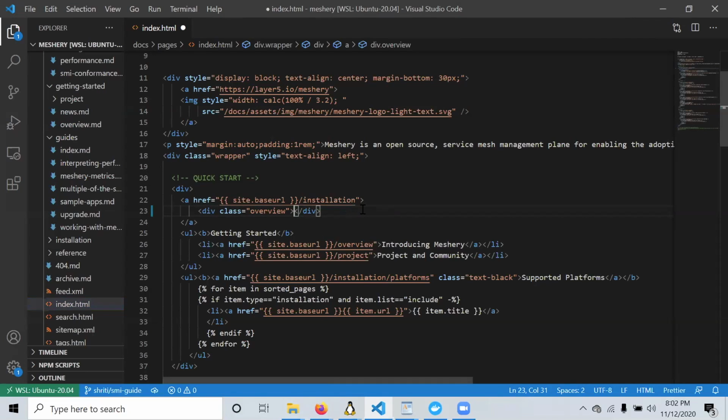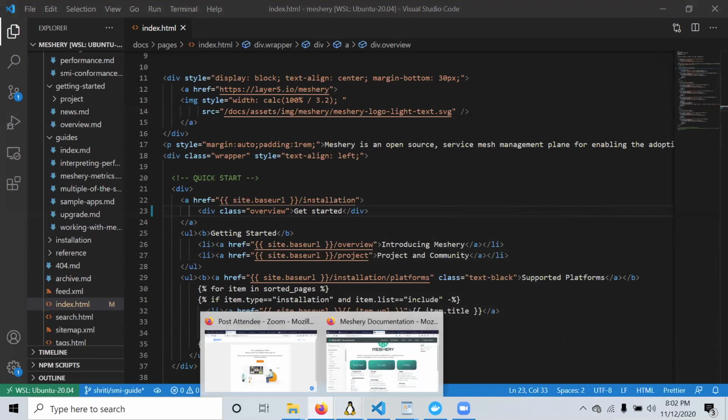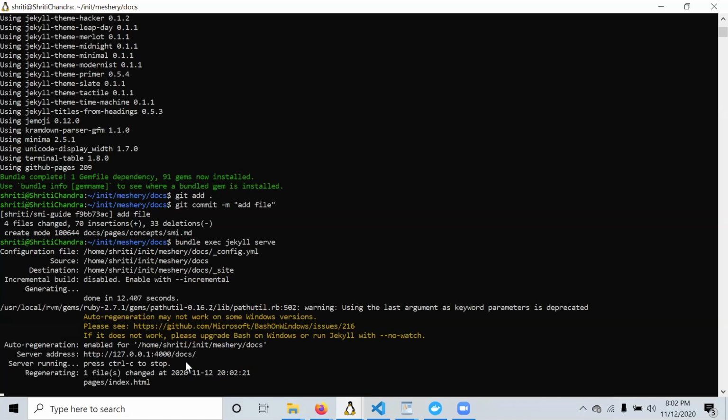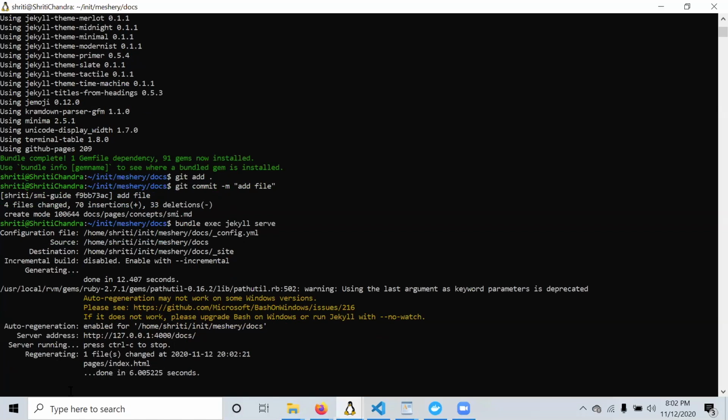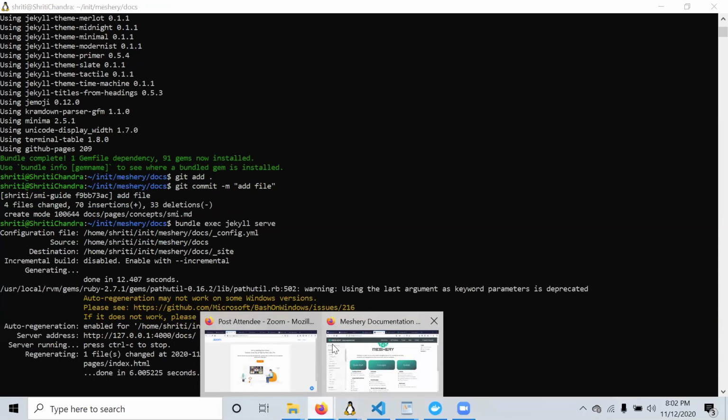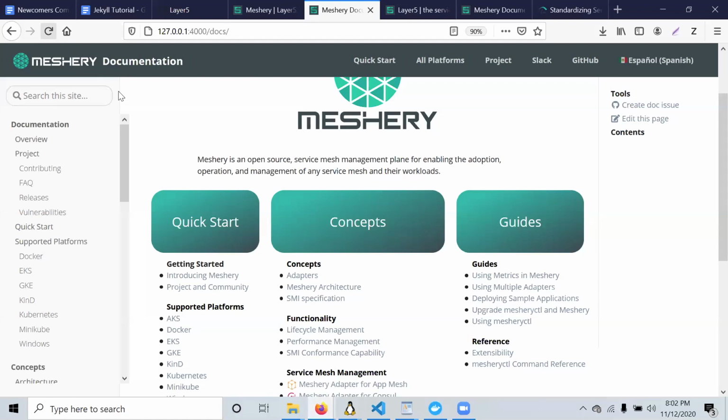Get started. We save it and go back to the site, and it's auto regenerating, which means that if you refresh the page and wait for a second, it'll show up in your site. So the quick start got changed to get started.